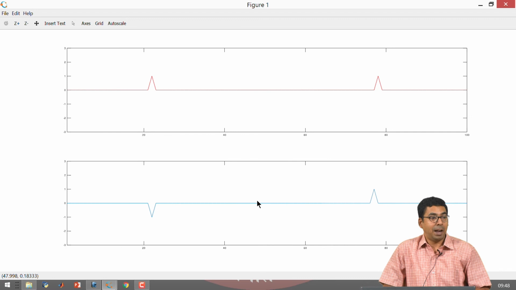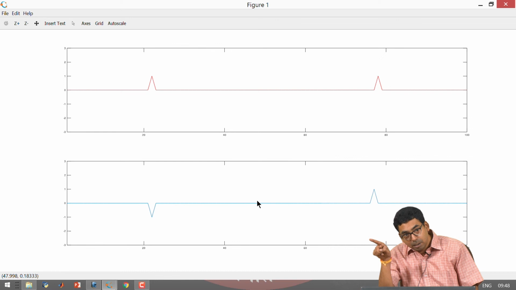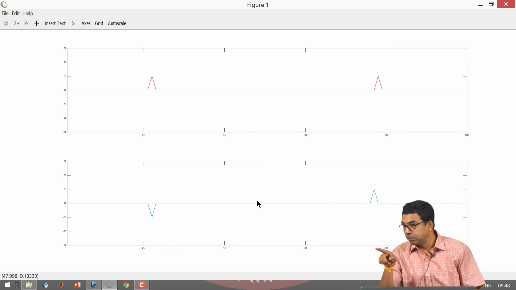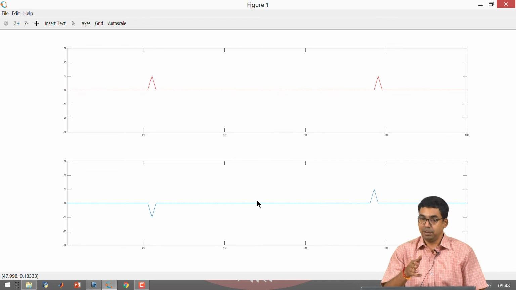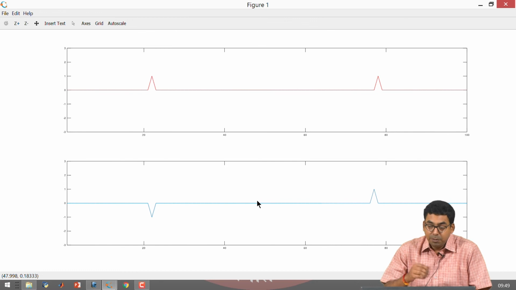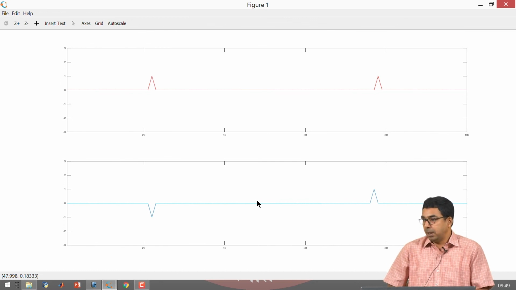Depending on the direction of travel of the voltage wave, the current wave is going to adjust its sign, that is what it says, right. If the voltage is going to travel forward, the voltage and the current are going to be of the same sign. If the voltage is going backward, the voltage and current are going to be of the opposite sign. This is a phenomenal piece of information, alright. If you go back to your general solution for the transmission lines, okay, we had f plus of t minus z by u plus f minus of t plus z by u to be the solution for the voltage.